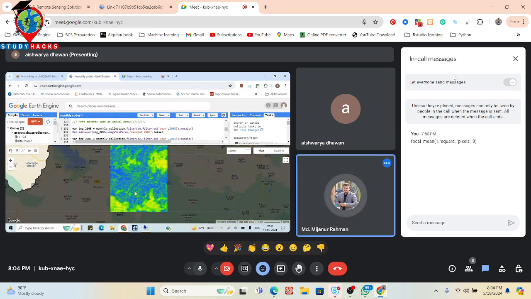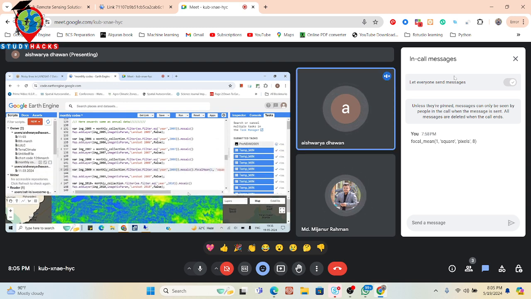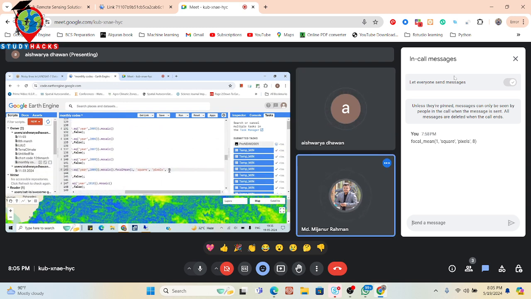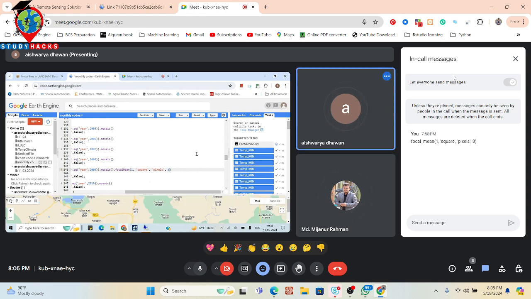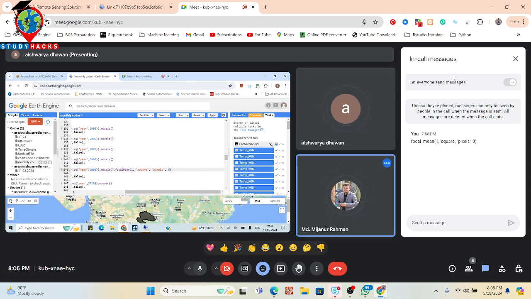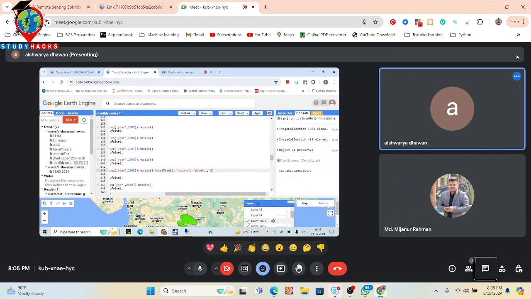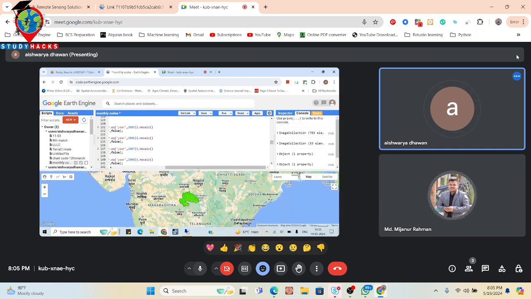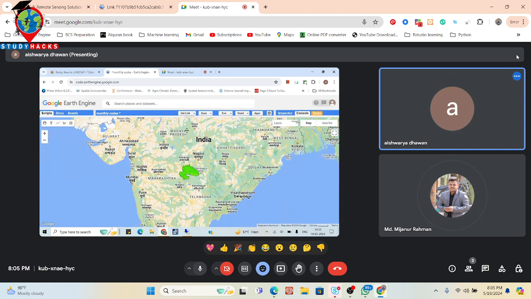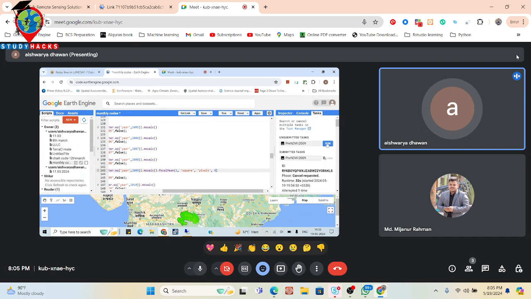If you try to use 5 or 6, then you also get better results. Some line will show, or 8 is also okay, no problem. Put the 8 and try to check. So now try to export and then check. Click on the Tasks tab and now export. I will just run this one.